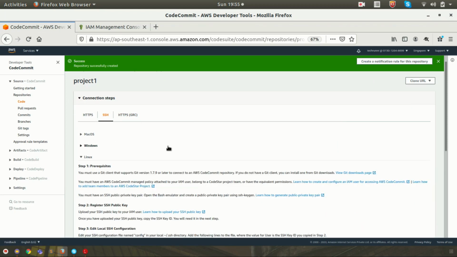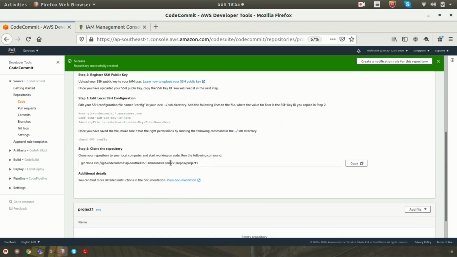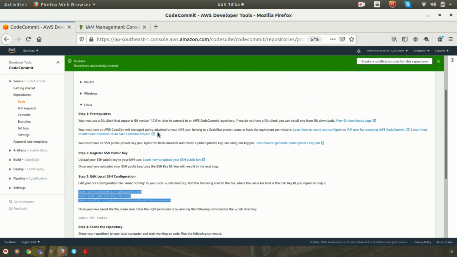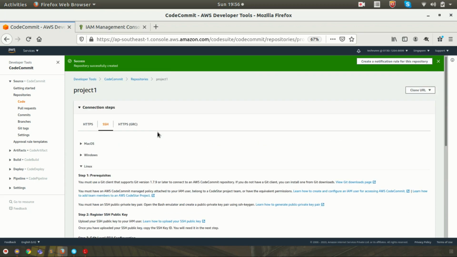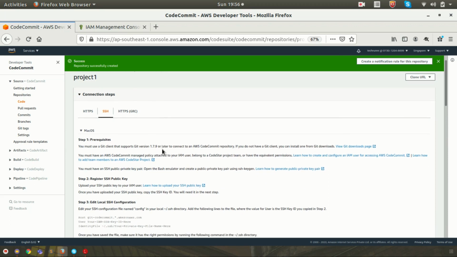Just navigate to the CodeCommit dashboard page again, and now click on the repository URL. As I said, I have done some configuration in the config file. The same content you can see here in the CodeCommit dashboard page itself if you select your operating system. Each operating system has different configurations, so you can select as per your system.